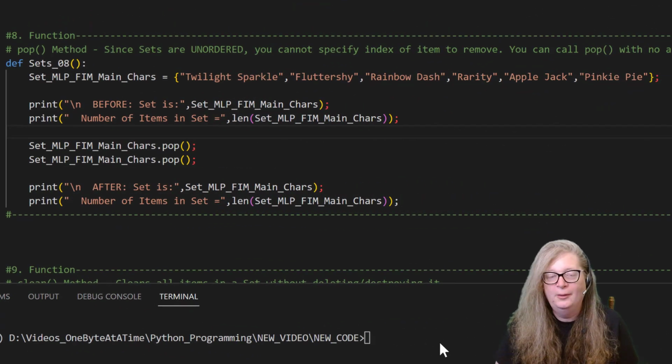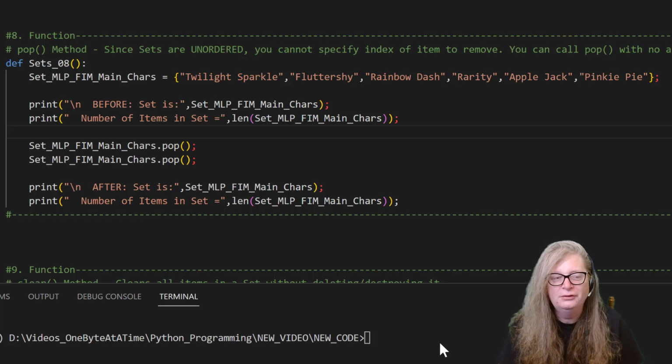In this next example function, we're going to take a look at using the pop method, okay? The pop method functions sort of like remove or discard, but it just removes whatever happens to be the last item or element in the set. But since when you retrieve those values, they're returned in a random fashion, you can never be quite sure what you're going to remove when you call pop. So it's safer to call pop with a different type of iterable, such as a list, where you could specify the index value and where you could be sure of what you were removing.